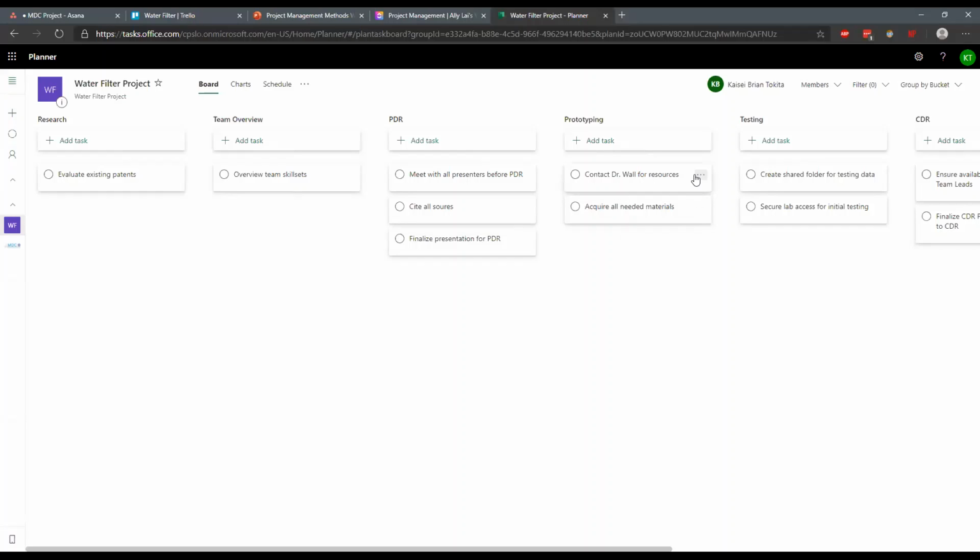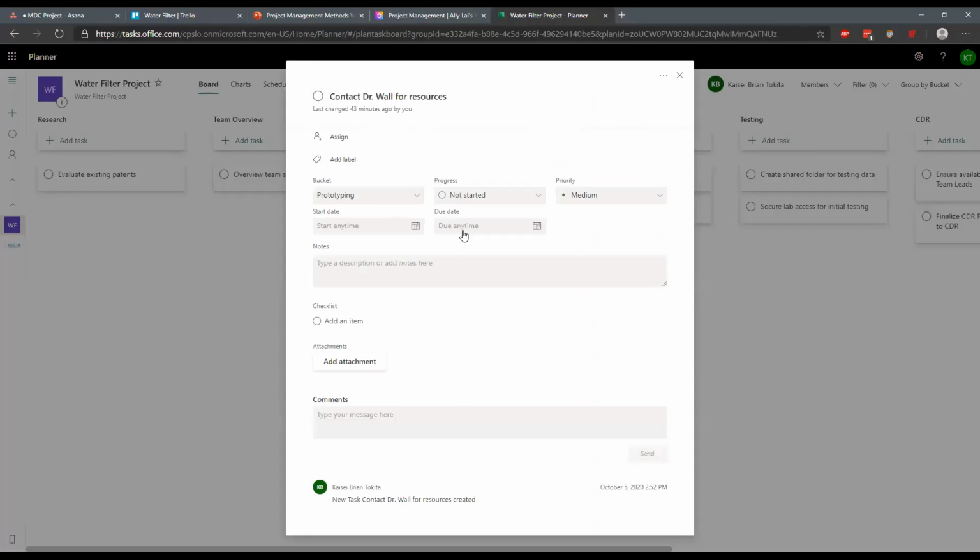But, still an option. So here we can click on something, and this is a fake thing I made. You can assign things, you can add a label. So these would be like pink, red, or what. You could rename these, and based on the color, you can have a priority set. So sometimes I put high priority, low priority, backlog, needs more hashing out. And you can put different priorities, start dates, notes, and you can add a sub checklist into it